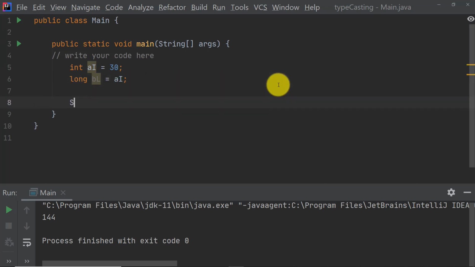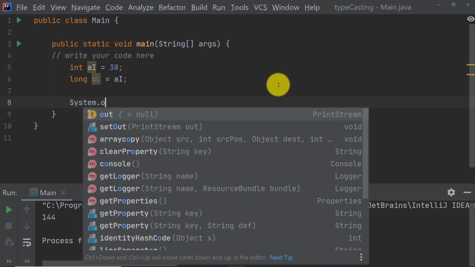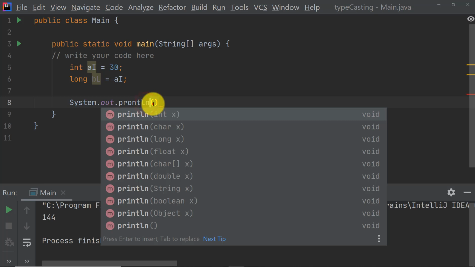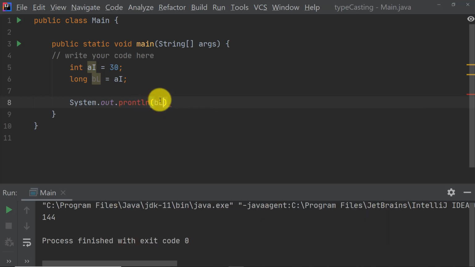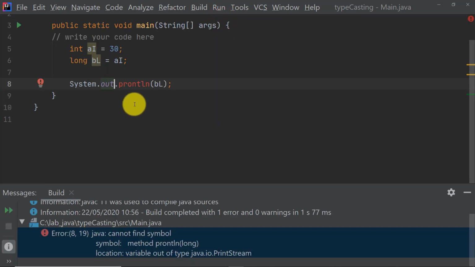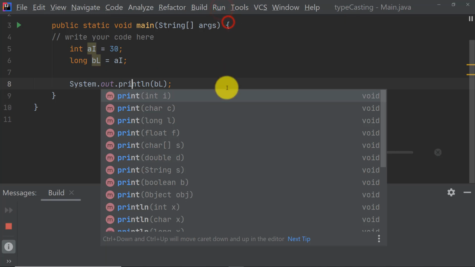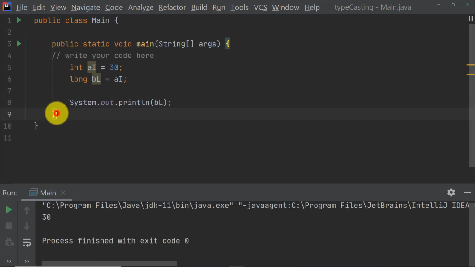So let's use this System.out.println statement to display in the console the value of the long variable. Semicolon. Now I'm going to run this. Here you go. Here I have to write bL. Okay, let's run this again. Okay, here you go. Here is this value